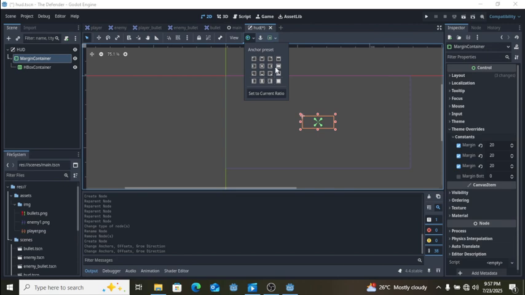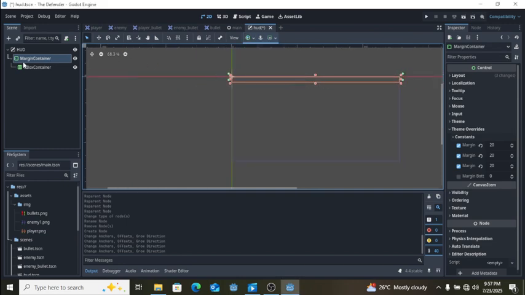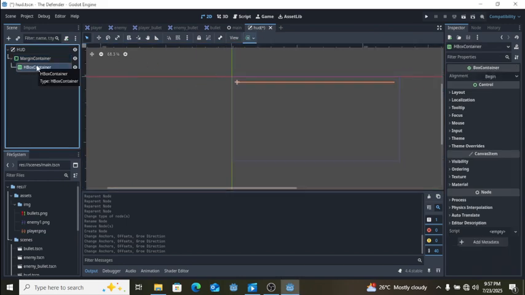So we are getting that little nice feedback over there. We can actually set the magic container to take the size of the full screen by just clicking this full rect over here. But we don't want that. We want it to take the top wide because we want our HUD to stay at the top. And so the first HBoss container,